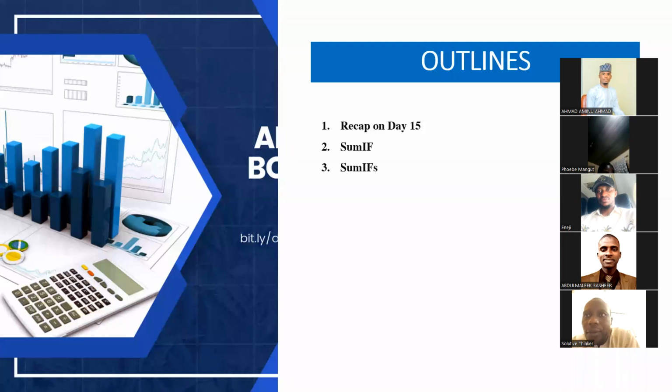So if you can recall, yesterday we talked about COUNTIF and COUNTIFS. I've told you that you use COUNTIF and COUNTIFS to count a particular item based on the criteria given by you. So COUNTIFS is like the pro version of COUNTIF. So all these are pro formulas of COUNTA and COUNTBLANK that we did